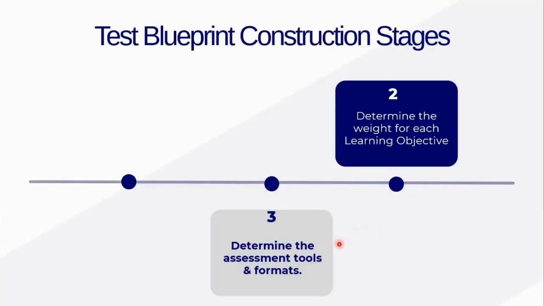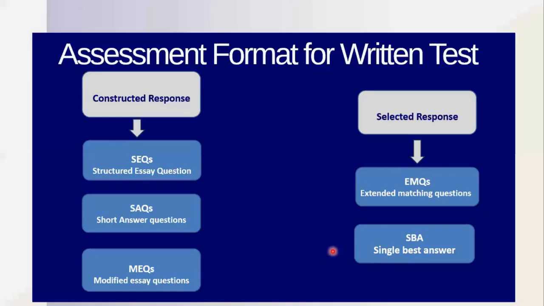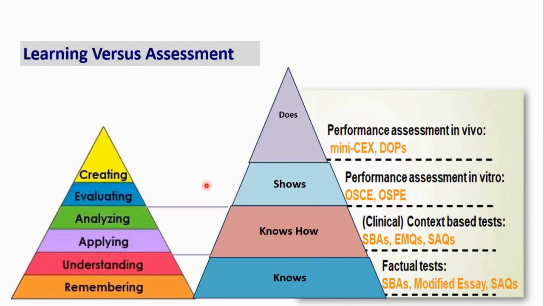The third and last step is to determine the assessment tool and format. The assessment tool or format for the written test is either constructed response questions or selected response questions. The constructed response questions are like structured essay questions, short answer questions, and modified essay questions. And the selected response questions are like extended matching questions and single best answer. How will we decide which format of assessment to use? This depends